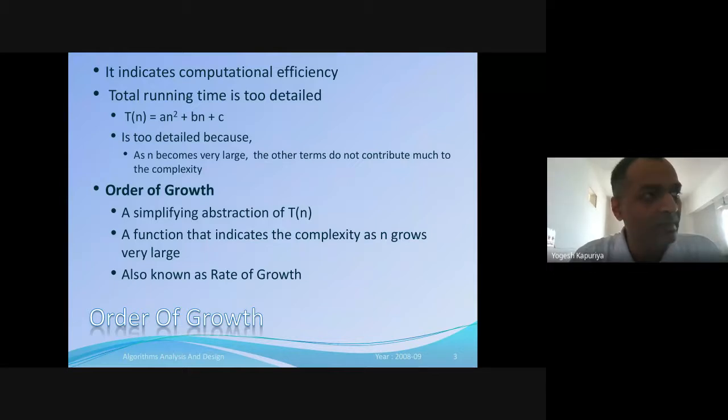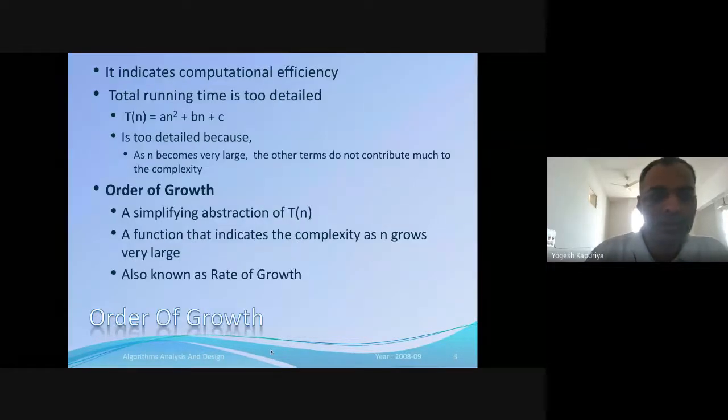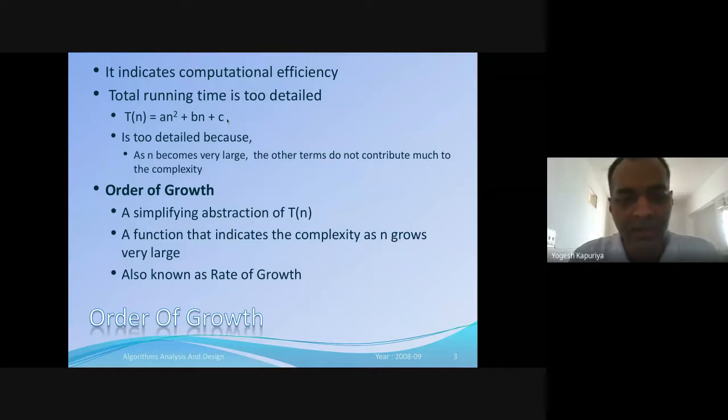And as we know, asymptotic analysis is about simplifying things and not about the accuracy of things. So what we do is we skip those elements from this equation which are of less significance. Obviously, when you see an square plus bn plus c, you can say that bn or c are the terms which are less significant compared to an square, because obviously you have a higher degree of order for n.